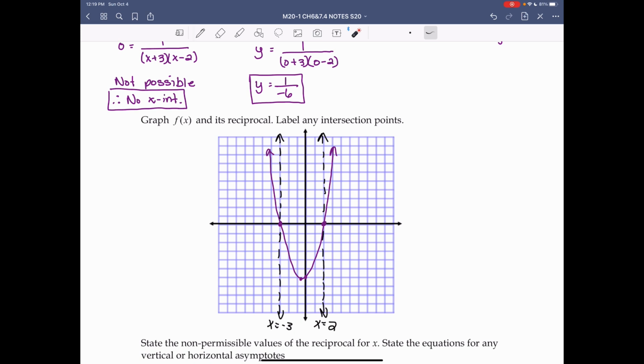When we graph the reciprocal of the quadratic, we're going to end up with a part between the 2 x-intercepts that kind of looks like a quadratic. It's going to open the opposite direction that our f of x function is opening, and it's going to be kind of wide and flat at the top like this. The 2 arms that are left and right of the x-intercepts on the original function, on the reciprocal function, are going to become curves similar to the curves we saw on reciprocals of linear functions. They're going to look something like this